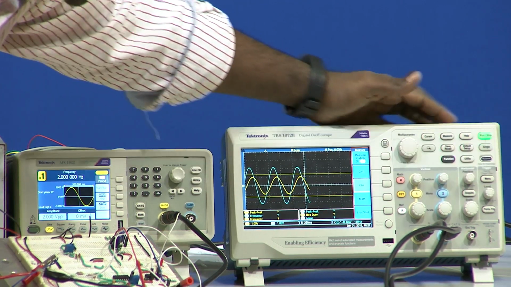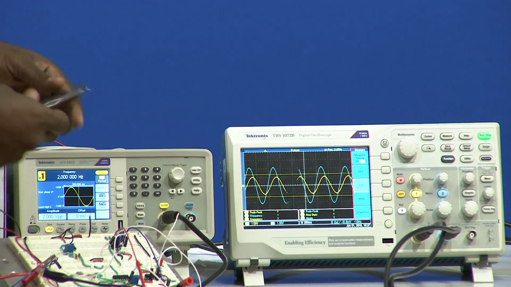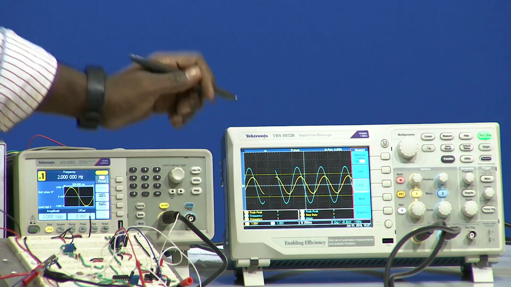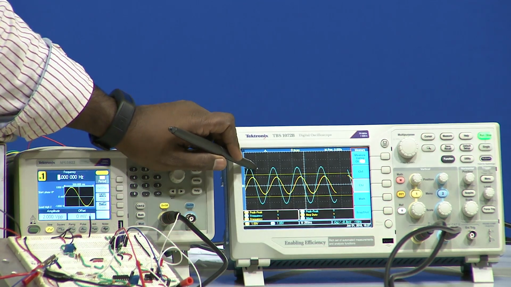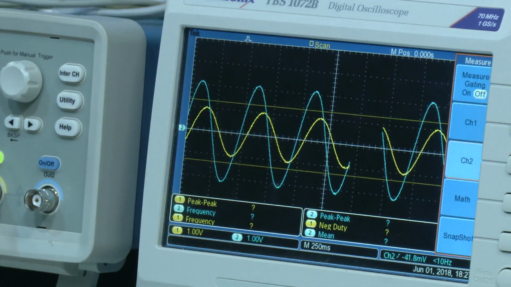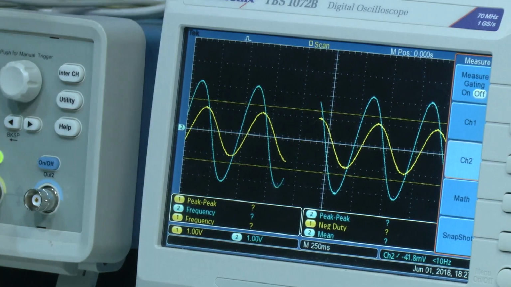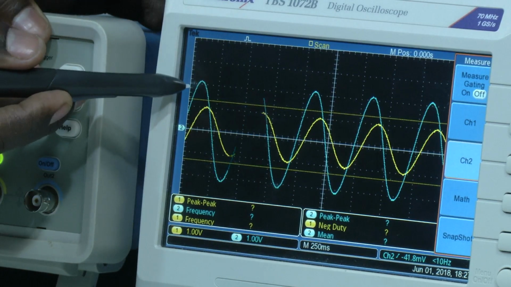Sorry, this is unable to measure, but that is fine. But we can see that the output value, the blue color one, is slightly higher than this second box, that means the gain is increasing.